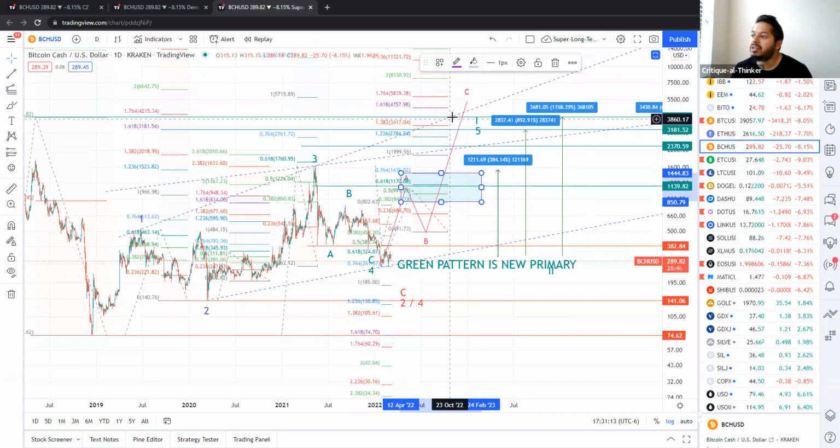Now, because it's a diagonal, we could get a rough timing estimate. I would not really bet my life on this, but usually you have your channel lines that give you somewhat of a dependable projection for when this could happen. If I had to take a guess, if we look at the confluences, 3181, this is looking maybe as soon as the end of this year. That would be the 1.618 extension. If we look a little bit higher up, actually, I was looking at the wrong channel line. My bad. Let me reset here. This is showing us, well, late into